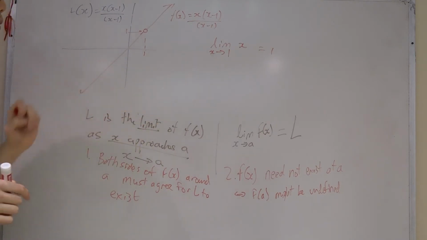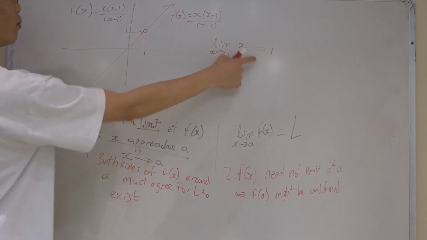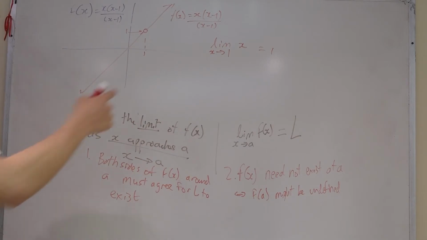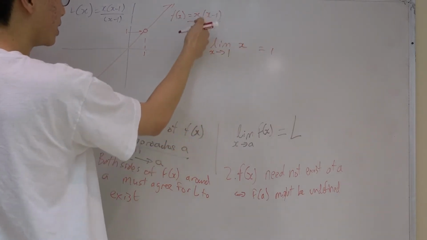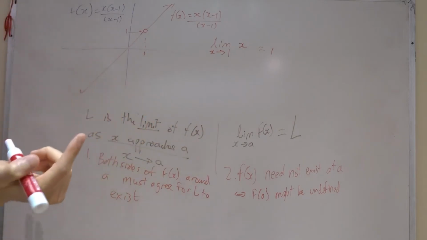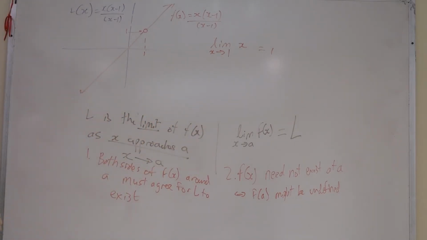Then what is the answer to our problem? We can't actually plug in 1 into here, because if we put a 1 into here, that's going to be 0 over 0. What is that? However, looking at the graph,